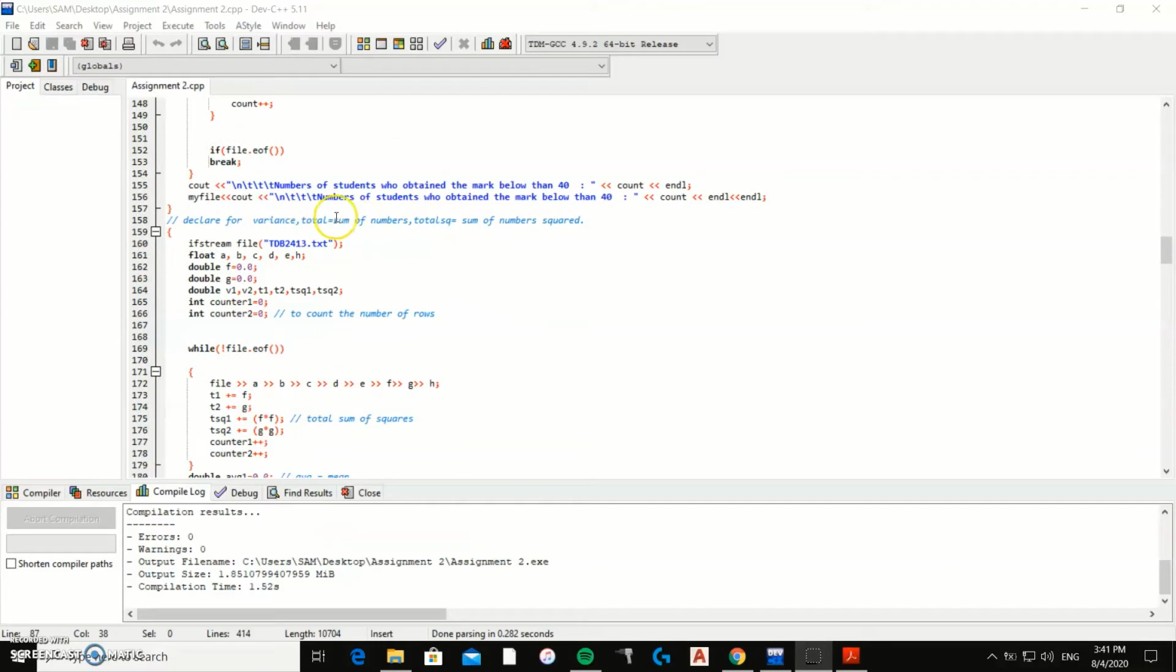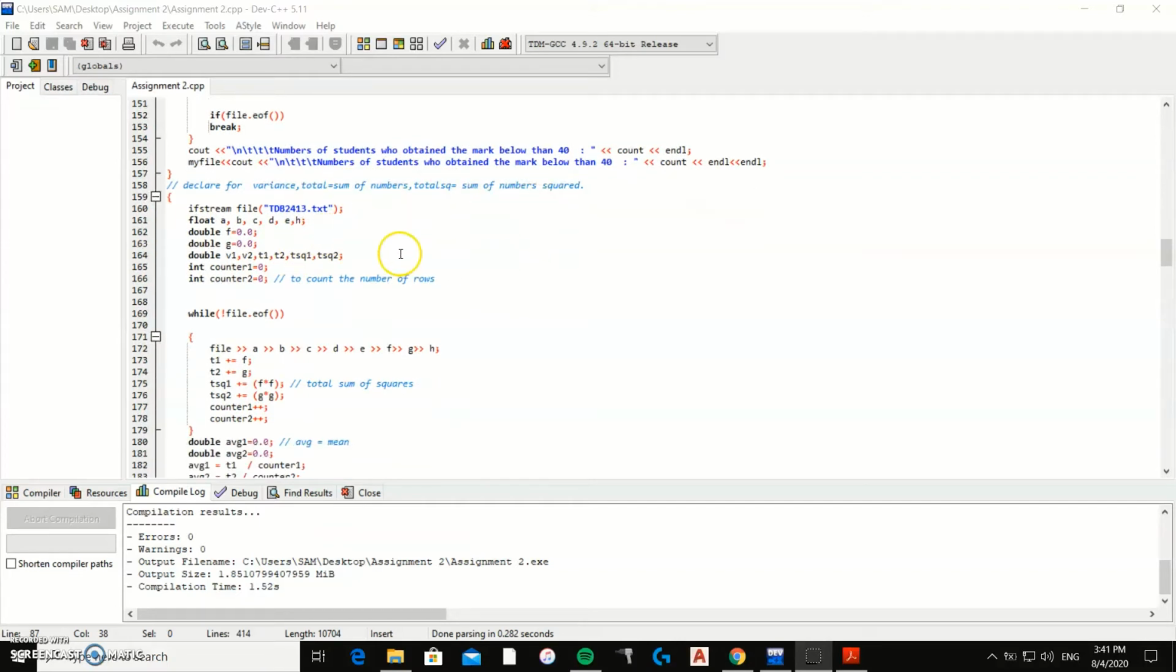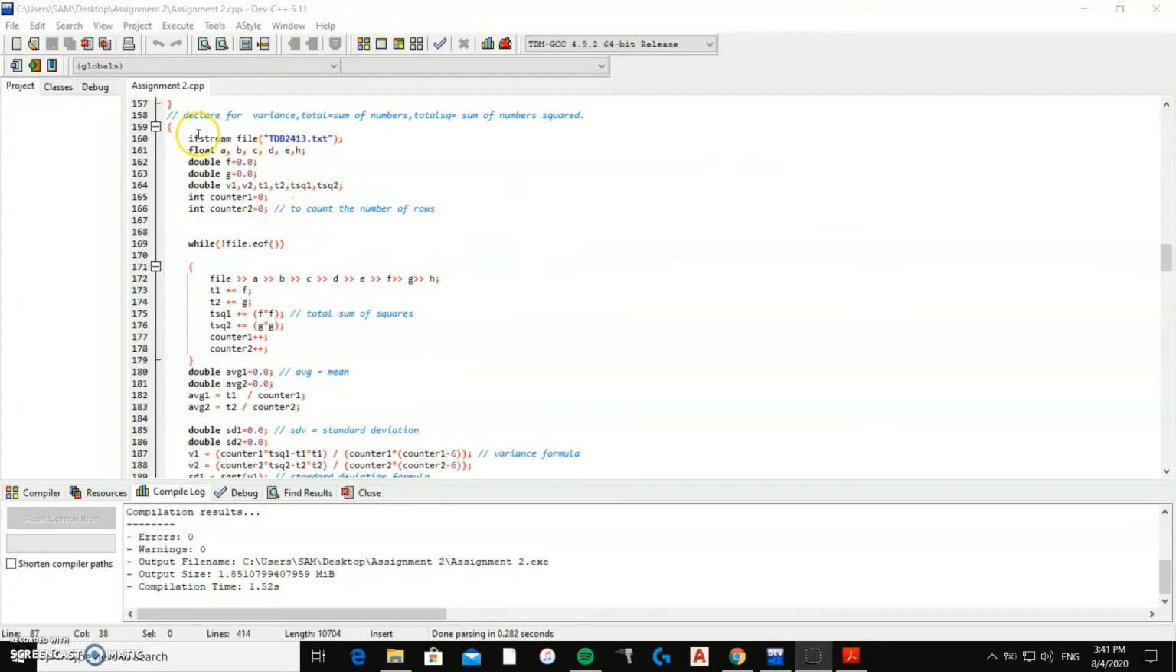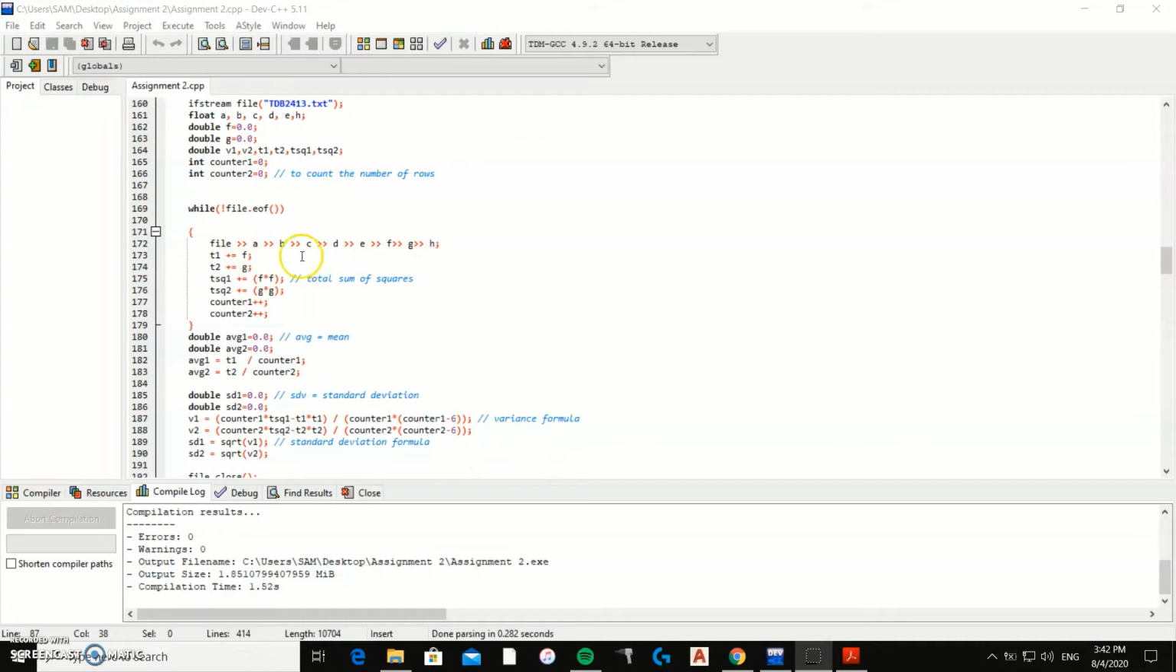Next is to declare for variance total sum of numbers, total square sum of numbers. Again, it will be needing to read from the text file, and variables will be needed, such as float A, B, C, D, E, H, double F and double G, integer counter 1, integer counter 2. Counter is to help us to count the number of rows, and 1 is for test 1, 2 is for test 2. So while file is not at the end of file, it will read through the text file, and